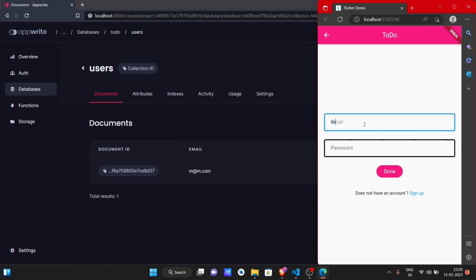So here we are going to enter m@m.com and we are going to provide the password 12345678 and click on the done button. Yeah, we are getting login is successful. That's it. So as you can see, we are done with our authentication part, and authentication is correctly working